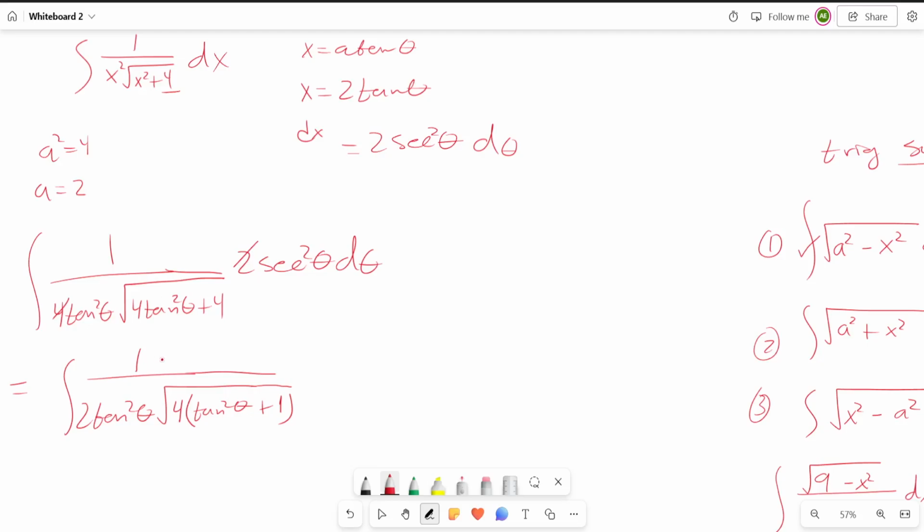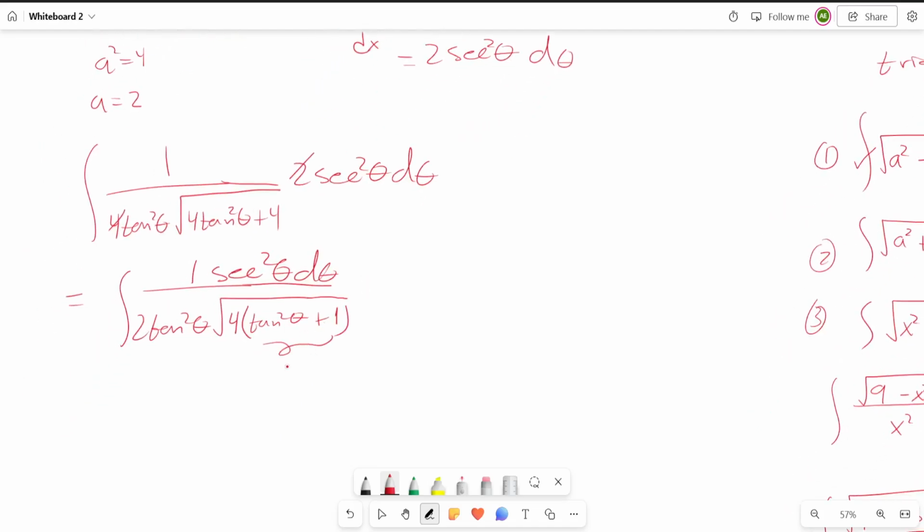And on the top, I'm going to have a secant squared theta d theta. Over here, what is tan squared theta plus 1? I know that this is basically secant squared of theta. So this could be written as secant squared theta d theta over 2 tan squared theta, square root of 4. I'm going to put this 4 outside, so I'm going to multiply by a 2. So it becomes a 2. And then what's inside is square root of tan squared theta plus 1, which is square root of secant squared